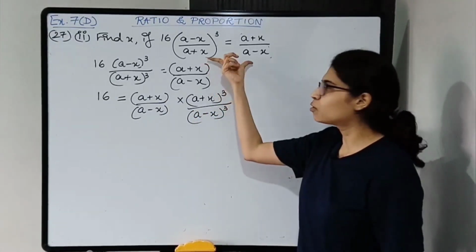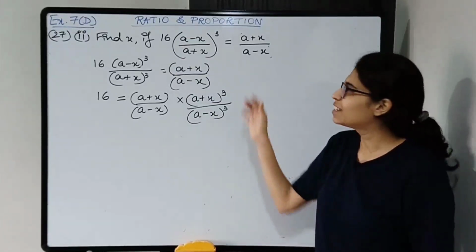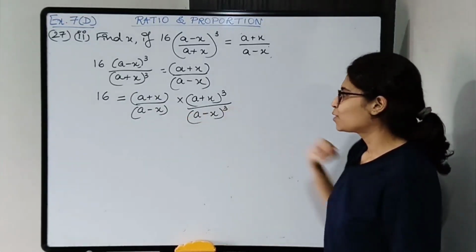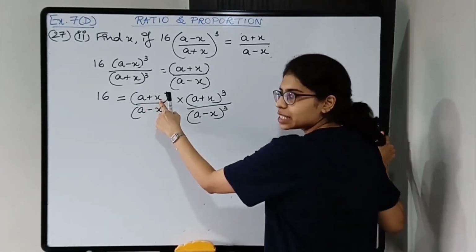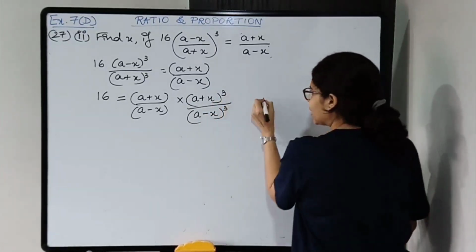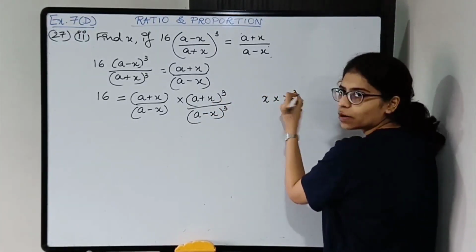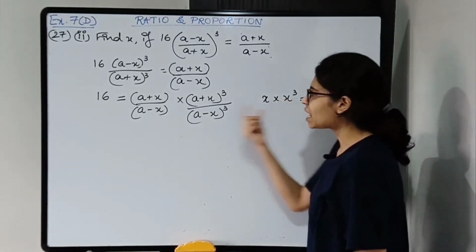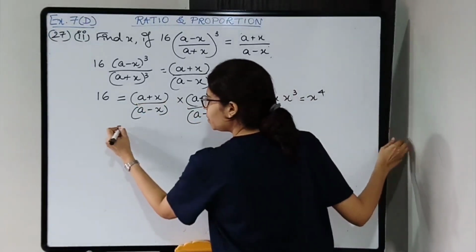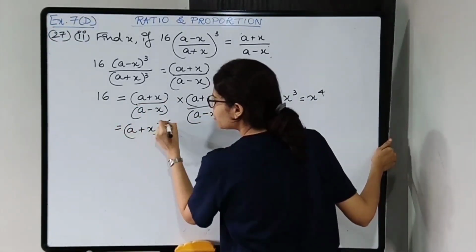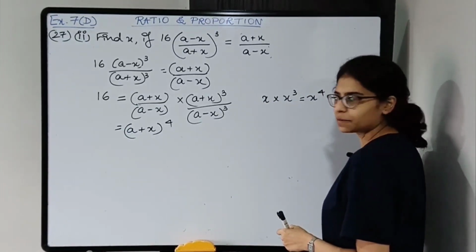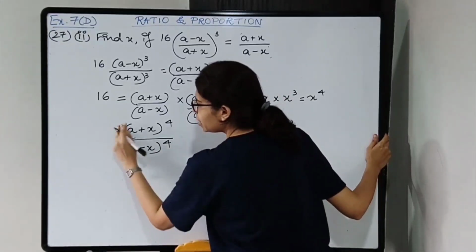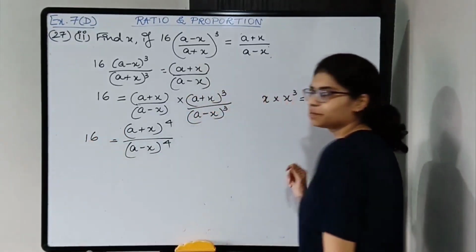Okay. First you will write down the question. I have not written that down, students. First you will write down the question, then distribute the powers and then solve. So you are getting a plus x into (a plus x) the whole cube. It is like x into x cube. What is it? x raised to 4, right? So instead of x I have a plus x, so it will be (a plus x) the whole raised to 4. Same thing in the denominator, (a minus x) the whole raised to 4 equal to 16.